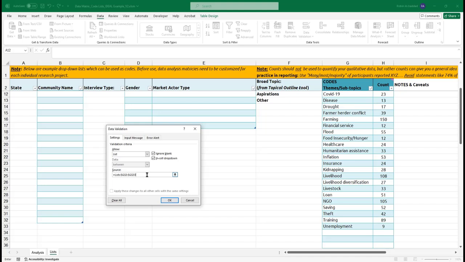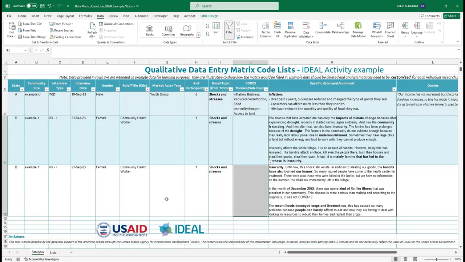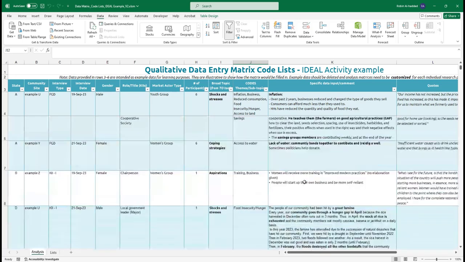Note that we left out the header row because we don't want that to be part of our selection option. Then you will just press OK. And now that's it. Your drop-down list will work. Remember that you will need to copy the cell format to all other remaining cells in your matrix where you want that same drop-down list to appear. You can also now select the keywords or phrases from your drop-down list to code each piece of data in your data set.